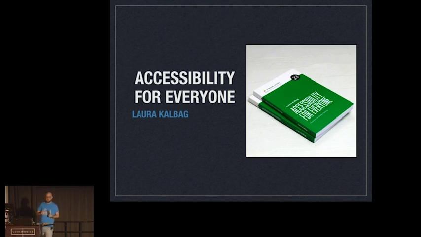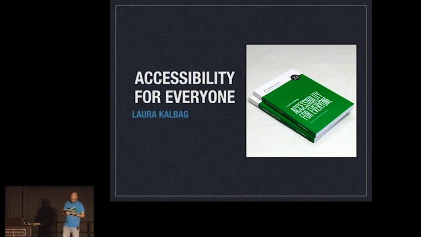Obviously, it's mainly web-focused, but it's got some really interesting points, and I just want to read a little paragraph out of it, if I can. One of the things it says here is, the distinction between universal and accessible design is subtle but important. Accessible design considers the needs of people with disabilities. For example, accessible design might result in a building having a wheelchair ramp attached to its far side as an afterthought. It might not be convenient for people using wheelchairs, and is unlikely to be used by people who find it faster to use the stairs, but at least there's some form of access.